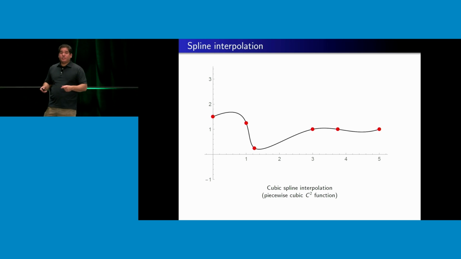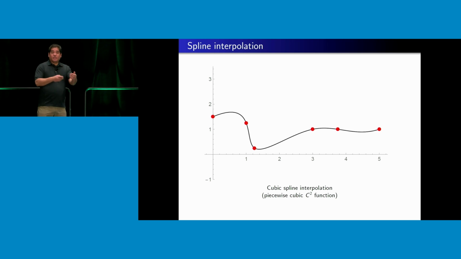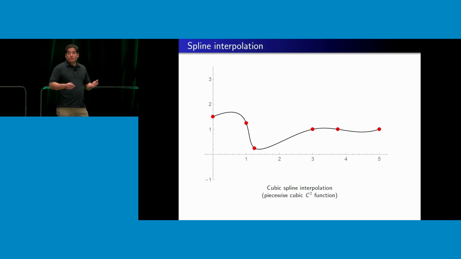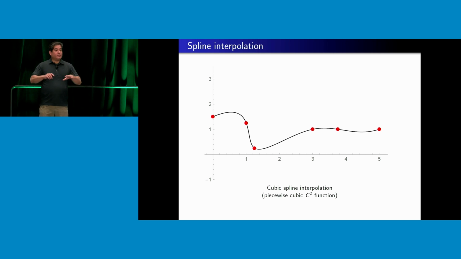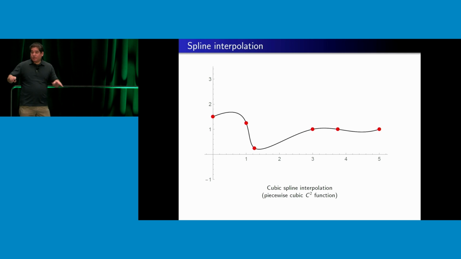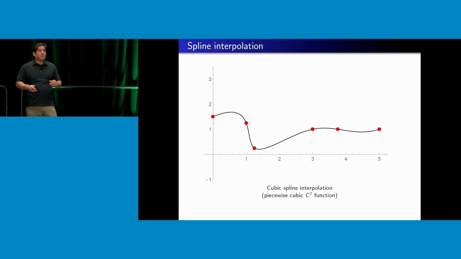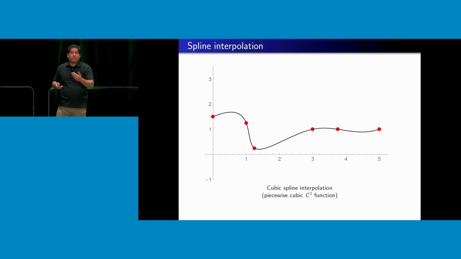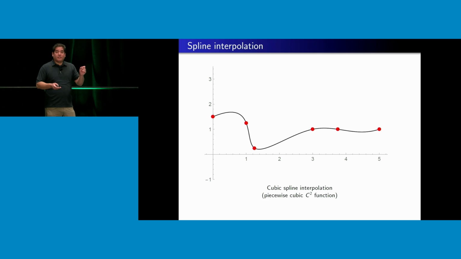It's two times continuously differentiable. So it looks smooth, it looks appealing. And this cubic spline interpolation is used in the real world with data points in higher dimensions to model things like car hoods, airplanes, this sort of stuff, because it has some nice looking results. I can't tell that that's not an infinitely differentiable function. I can't tell looking at it that that's not a polynomial. It's a bunch of cubic polynomials just glued together in a clever way.